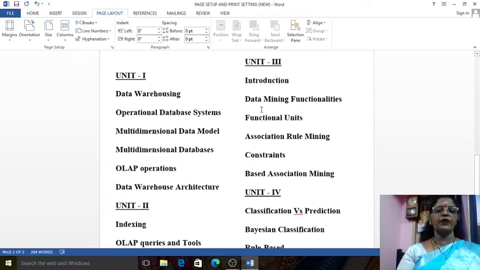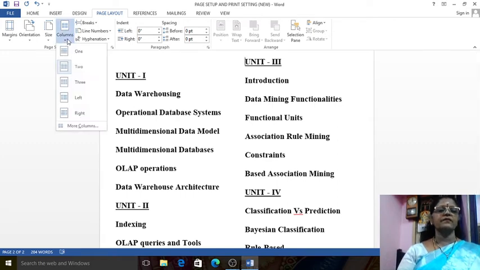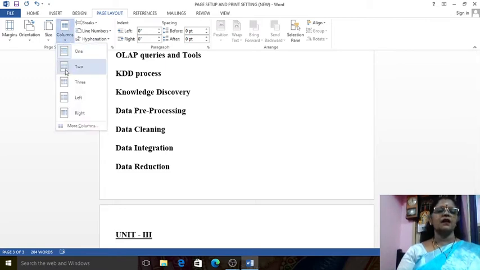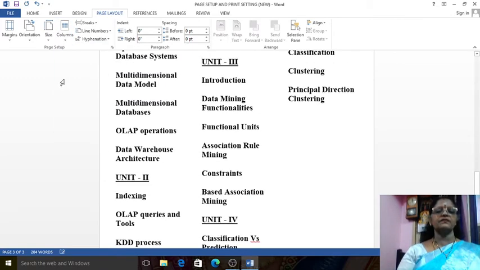Here again I go to the columns option and press 1. So again it comes back into one column. Now I want to go to 3 columns. Now I select 3 columns. What happens?